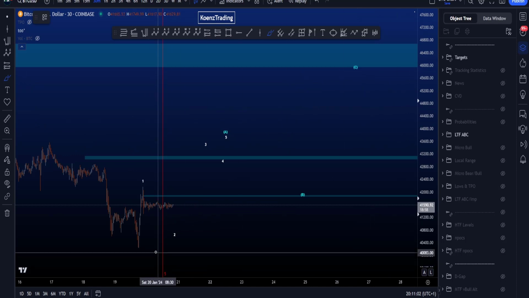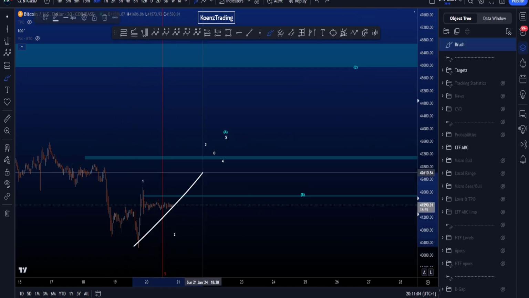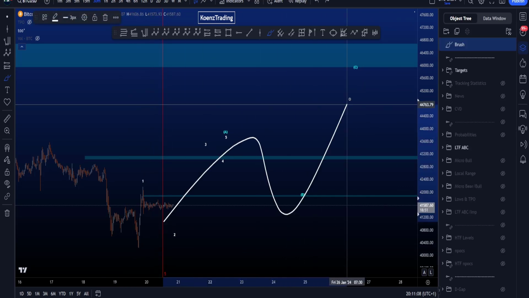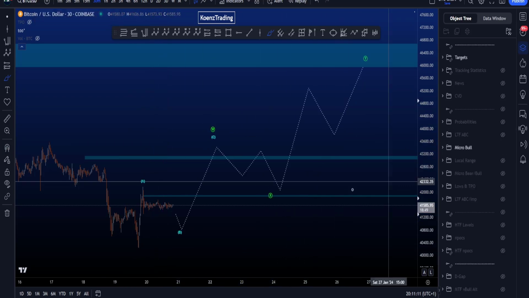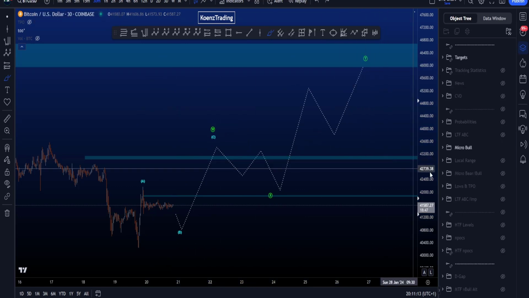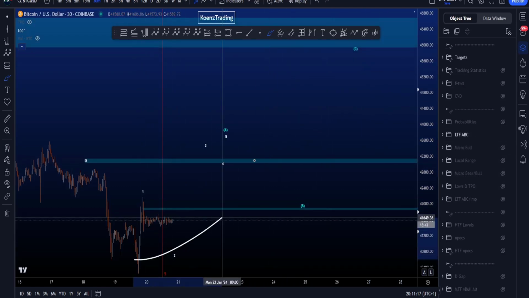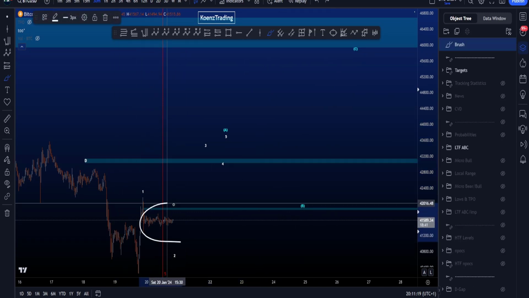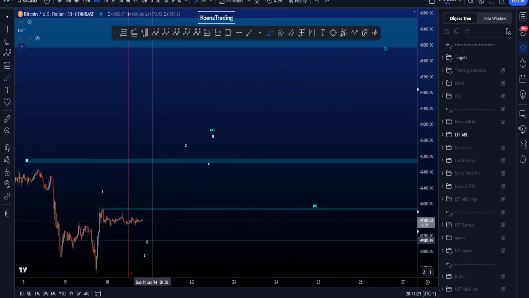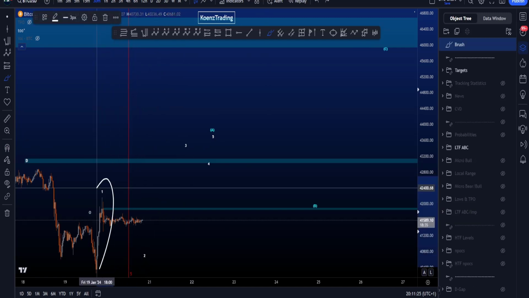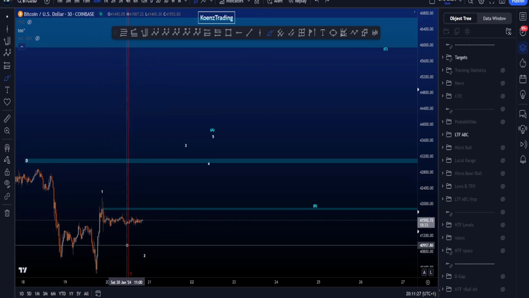Another scenario where price is not gonna take this low is a simple zigzag in an ABC, and usually simple zigzags, ABCs, are more common than a double zigzag structure in a WXY double zigzag. The problem I have, however, with this scenario is the first move to the upside, specifically this wave 2 over here, because this wave 2 is over 5 times longer than wave 1,